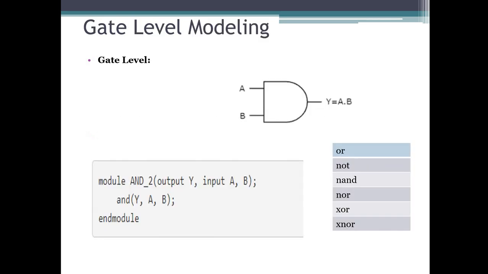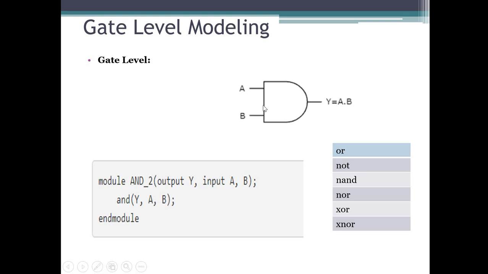Okay, so this is gate level modeling. First we are going to start with gate level modeling, because this is the lowest level of modeling, and we are not going to discuss the switch level, because we are not using it here. It is a very low level, so we are not going to discuss that part here. Even in industry, right now we are starting from the gate level, and we are not going to discuss switch level much. So just take an example of this AND gate.